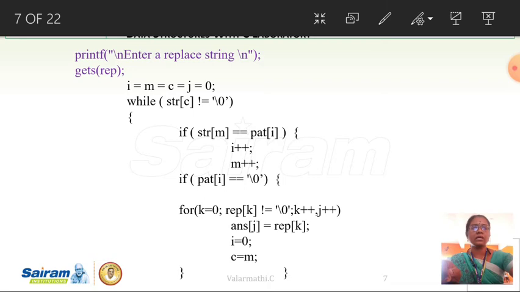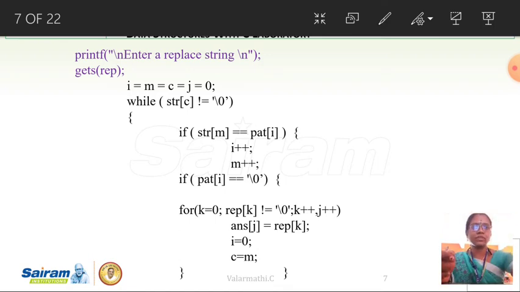Then we start the while loop. That while loop should be executed until it reaches the null character, so while str of c is not equal to null is given. Only then should our task be started.